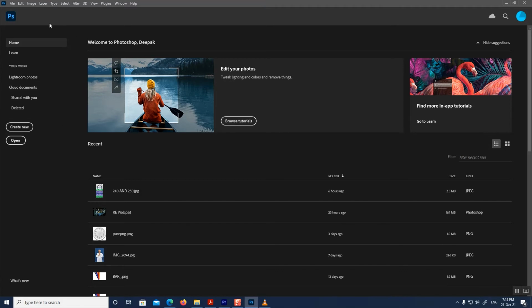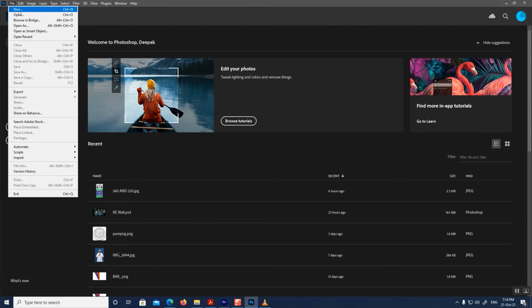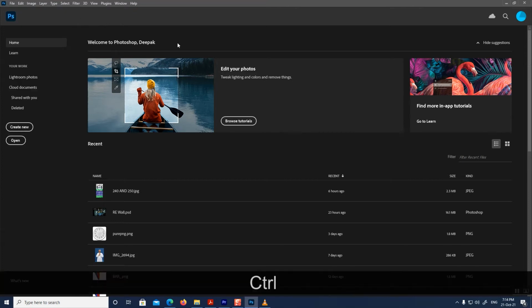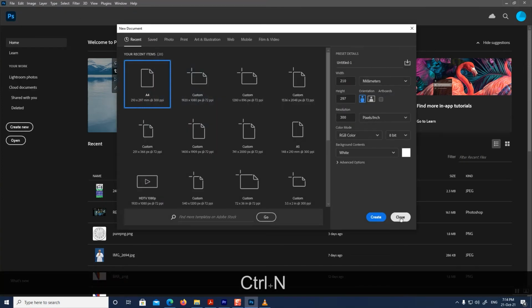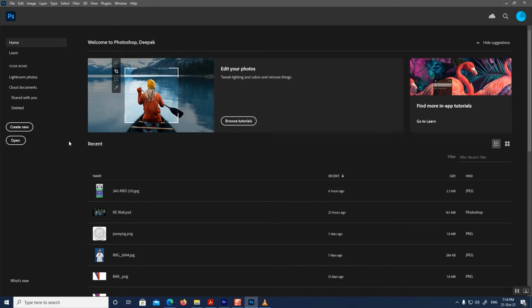Another way to create a new Photoshop document is by going up to the File menu in the menu bar and choosing New, or you can press the keyboard shortcut Ctrl+N. Any way you choose to create a new document opens the New Document dialog box, and there are actually two versions of this dialog box. We will start by looking at the default version, and then I will show you how to switch to the older, smaller version, which I personally think is better.